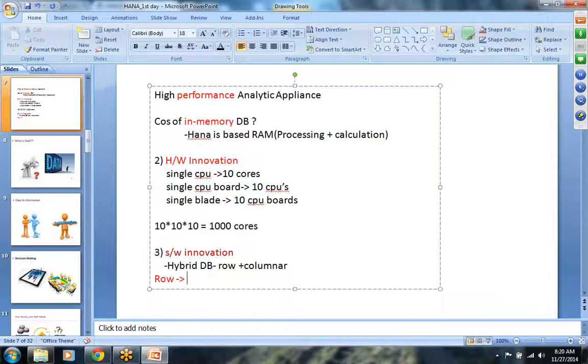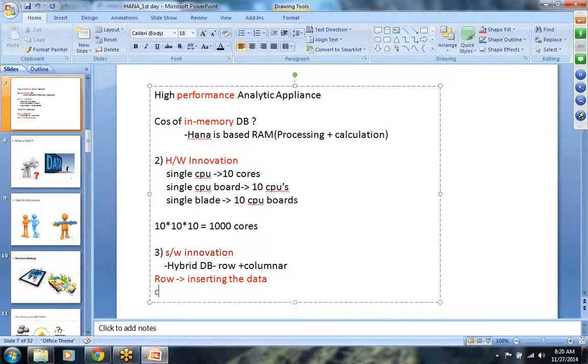Row is used for inserting, and columnar is used for reading the data. So one is used for inserting the data to the database and one is used for reading the data. So this is how it gives a quick response,